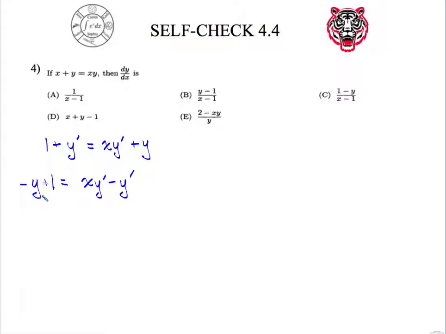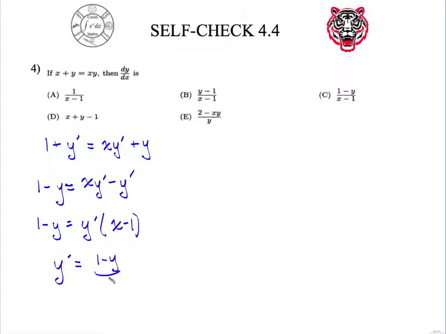I guess the quicker way of writing this should have been 1 minus y on the left-hand side. Let me give myself some more room here. Wait, 1 minus y, sorry. Good. And that should be equal to this. Okay, so from there, 1 minus y is equal to what? Oh, y prime times x minus 1. Therefore, y prime is equal to